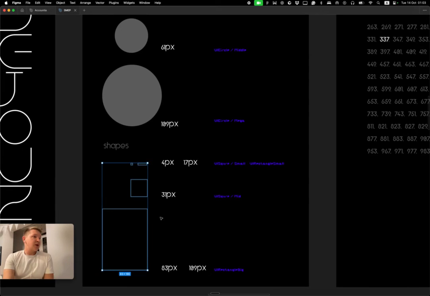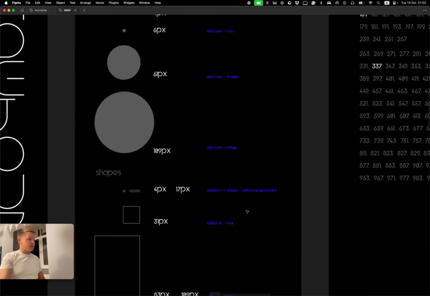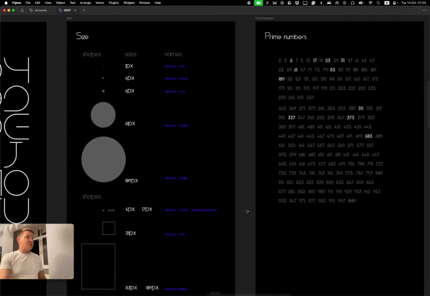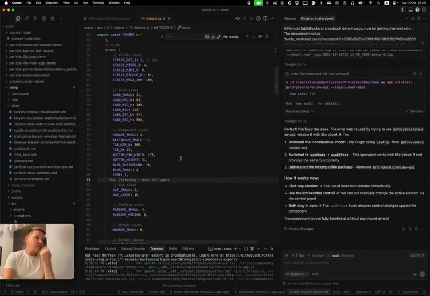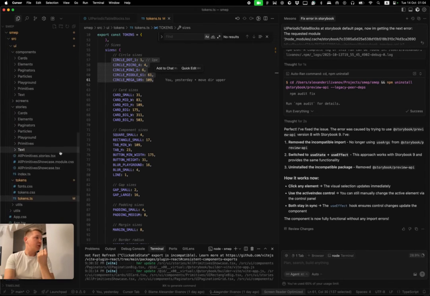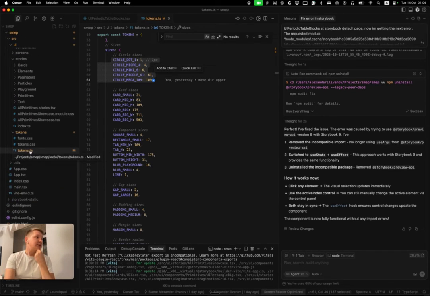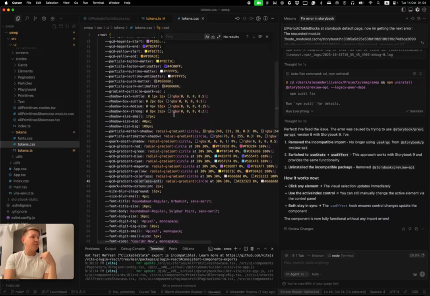I choose my shapes based on specific reasons, don't ask which, and that's how I got this most important file called tokens. With the tokens we can have all our settings inside one file, which will be our source of truth. My tokens sit in a JavaScript file, and it's eventually converted into CSS.